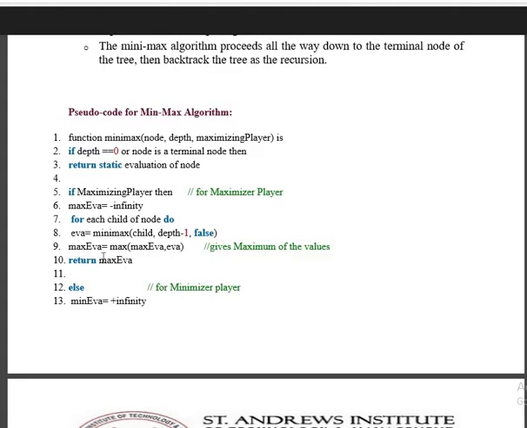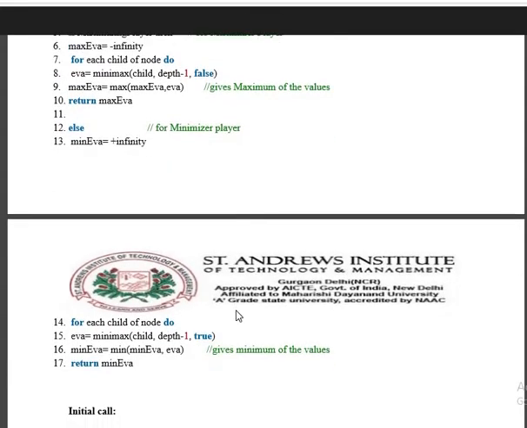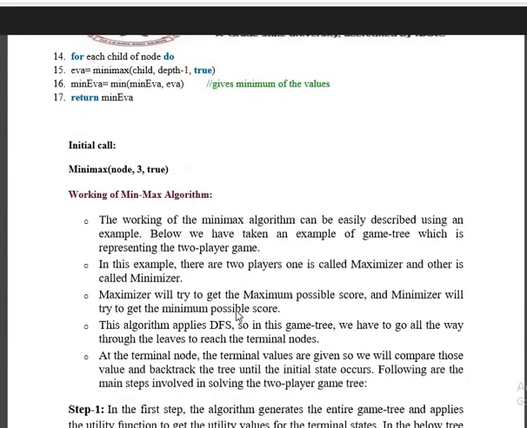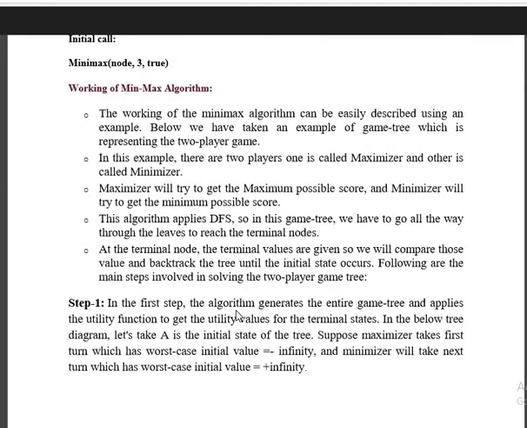So the max evaluation value will be the maximum, that is the value we give as the maximum value for the move of the maximizer player, and return the value. Else the min will be moved to the infinity part. Once max is making its move across all its levels, then ultimately when max returns, the other player, min, will try to move forward. So what is the working principle? Let us study it here.